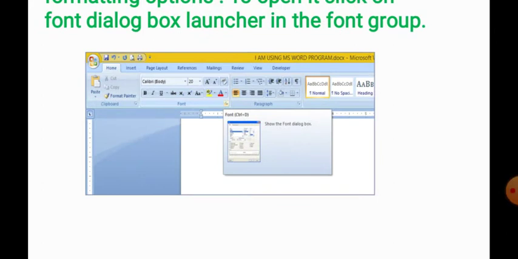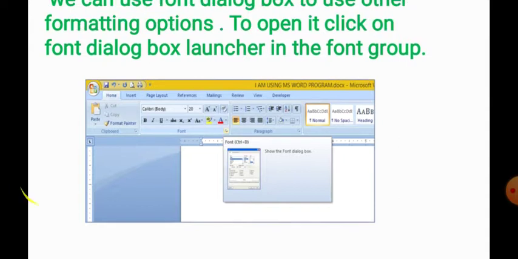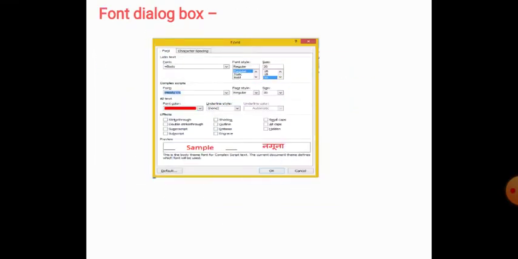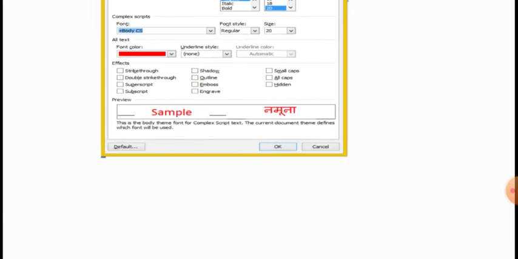Carefully see, on the right side of the font group name, there is a small button and we have to click on that button.